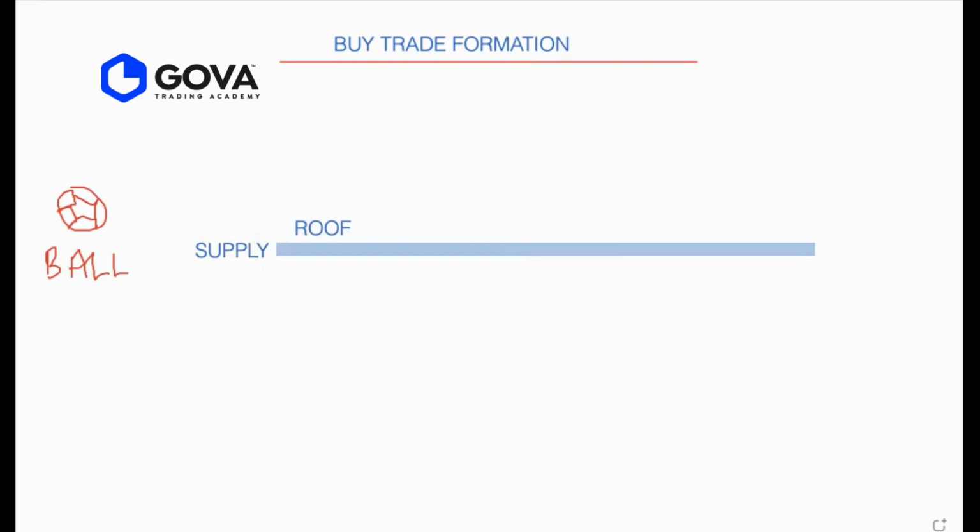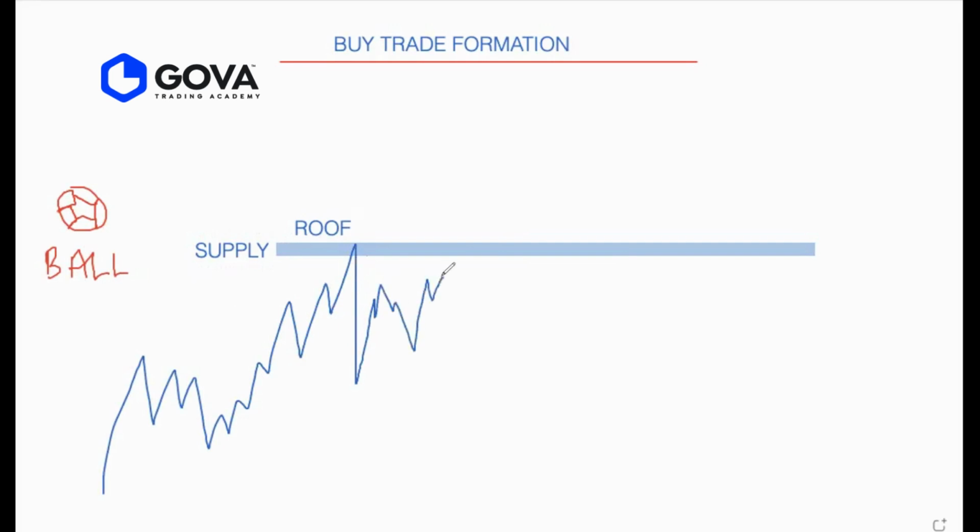So let us assume that market price has been playing out in the area like this, but suddenly the market breaks out of the area,